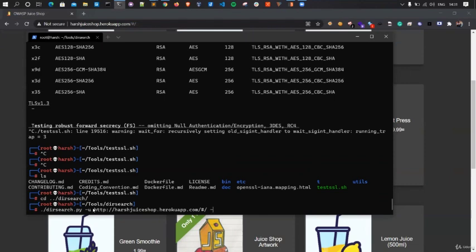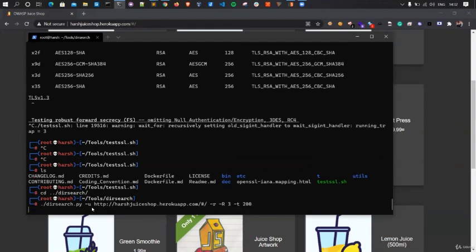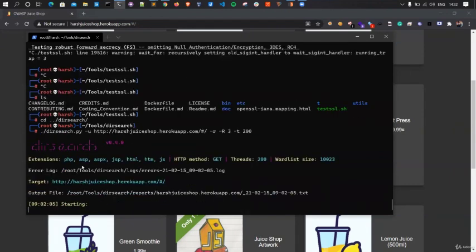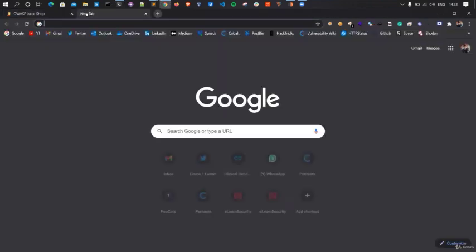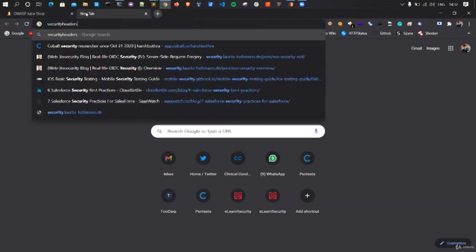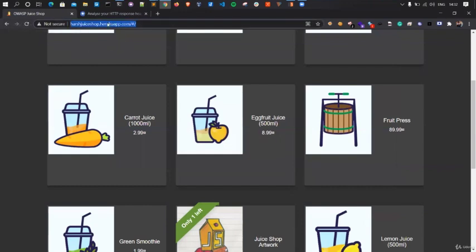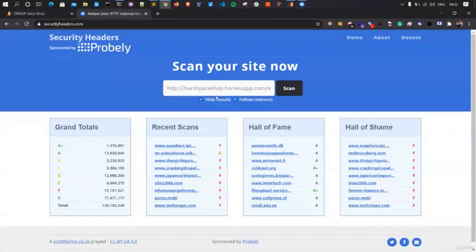Then I will recursively do it 3 times, and then I will say threads. I want 200 threads and let it run. So while the directory fuzzing is running, I will leave it on this side, and then I will start securityheaders.com,